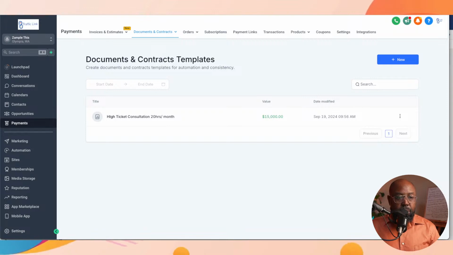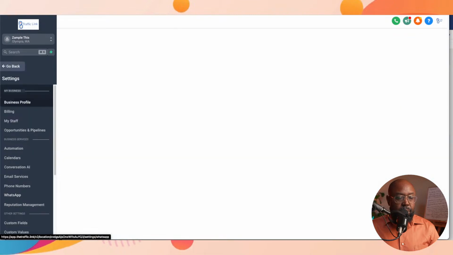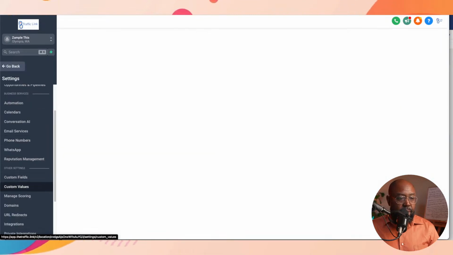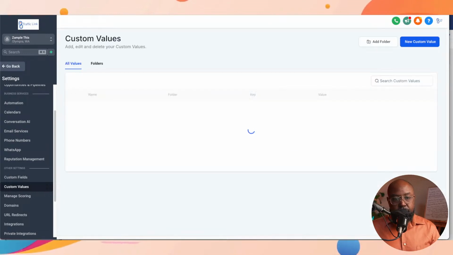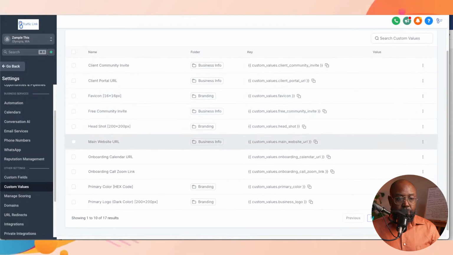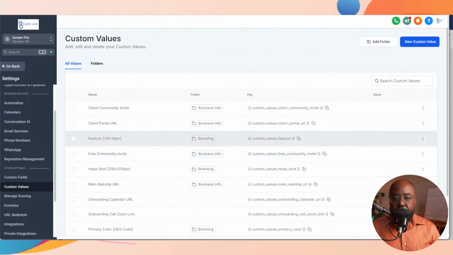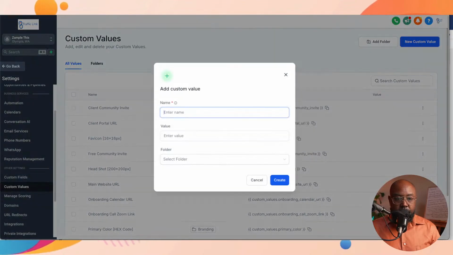All right, so we're going to go into settings again. Then scroll down. We're going to go into custom values. In the custom values, we want to create a custom value for terms of service. So we're going to go to new. We're going to call it